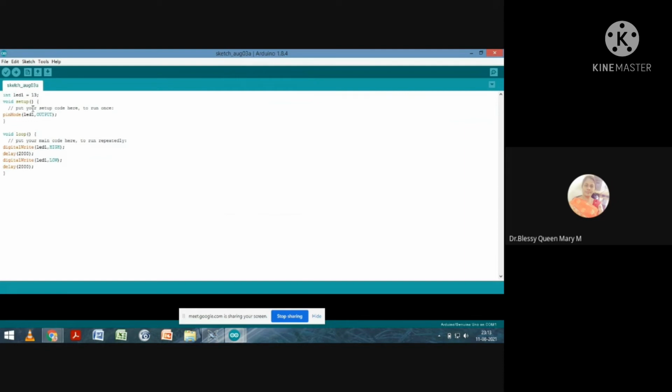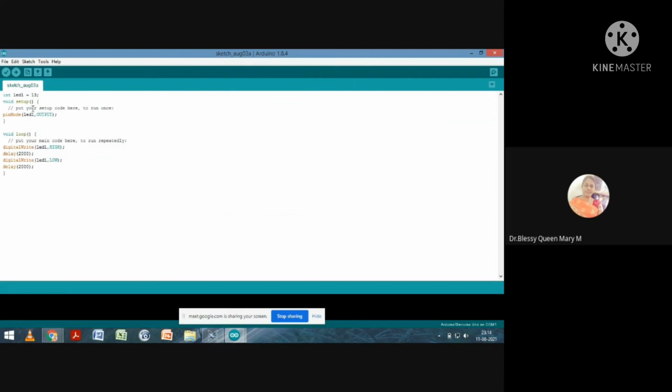Then digital write of LED 1 comma low. In order to turn off or fade out your LED, we have to pass the signal as low. Then delay for 2 seconds.